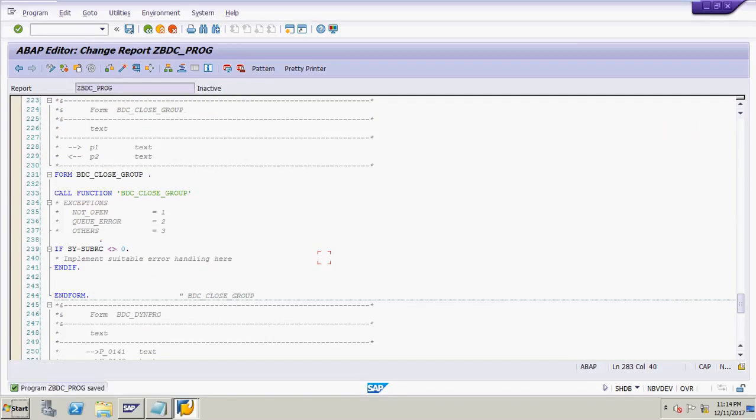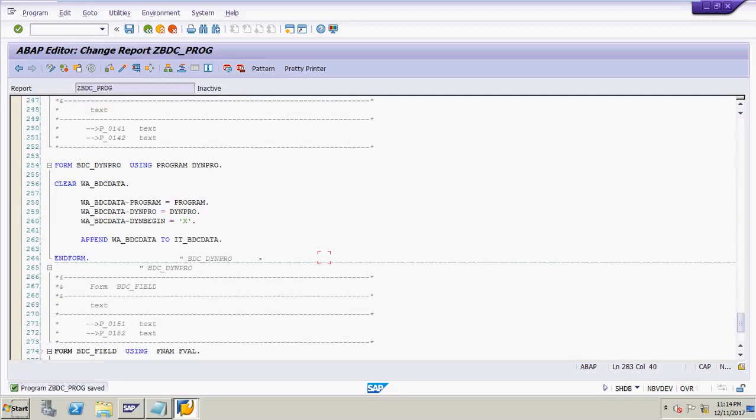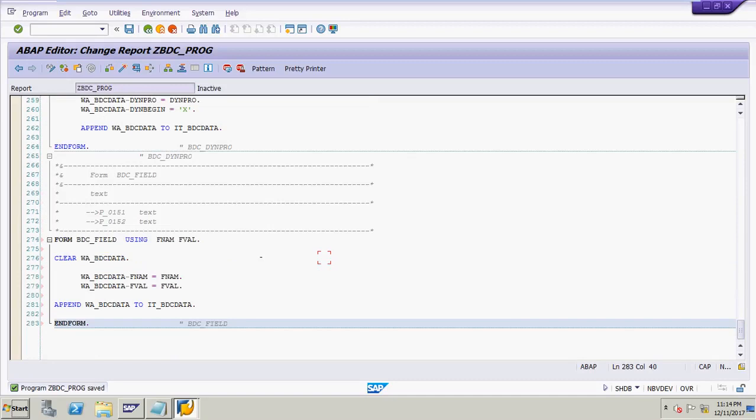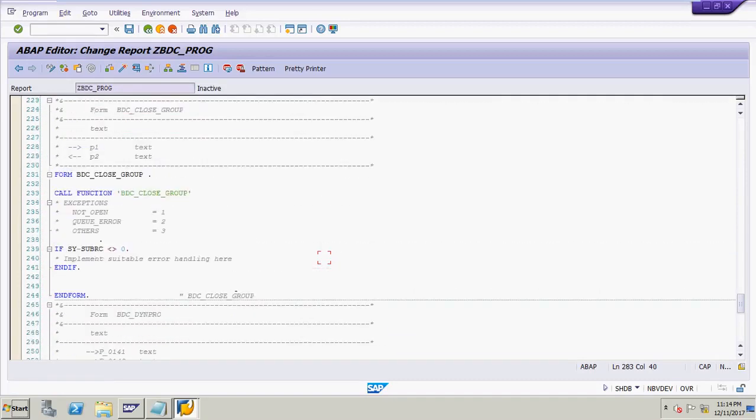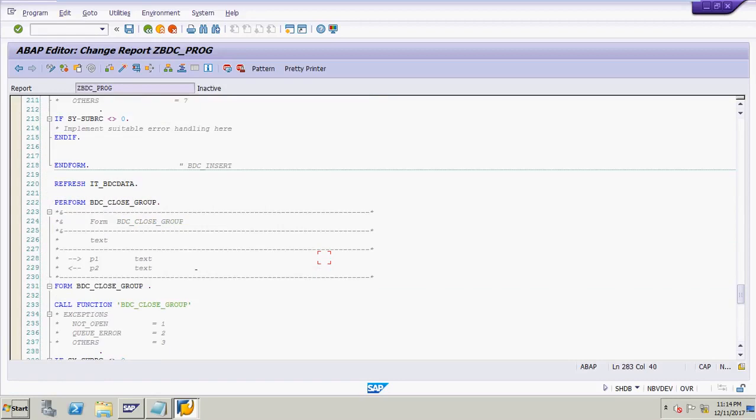Now click on save button. I have mentioned all the things: BDC field value, BDC Dynpro, BDC close group.